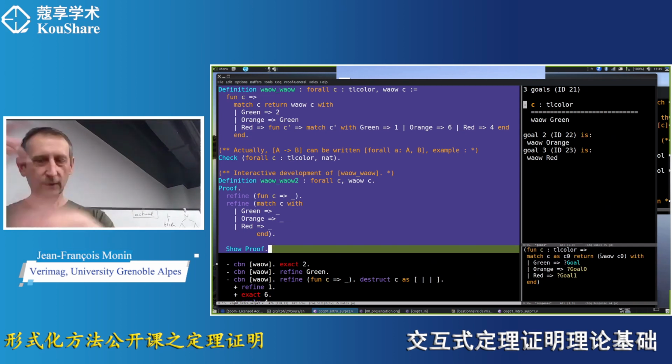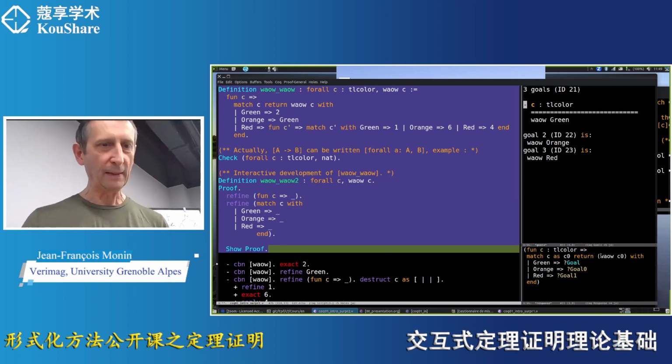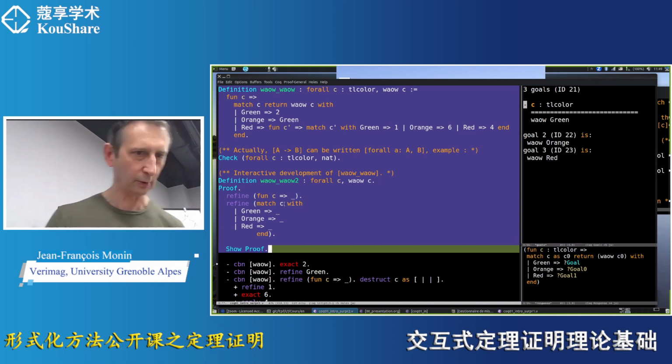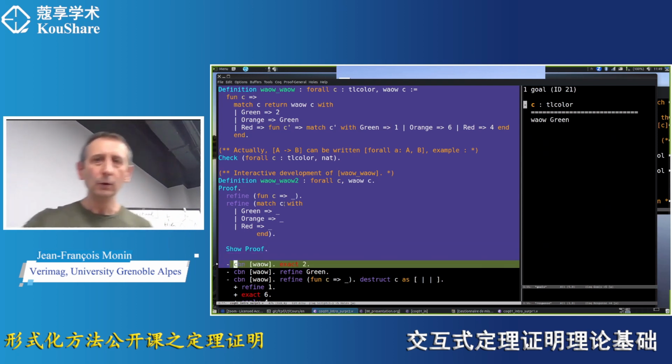Coq already prepares the right program, even if here you didn't put the return because I am lazy. Okay, so now I have to provide what we call a member of this type,